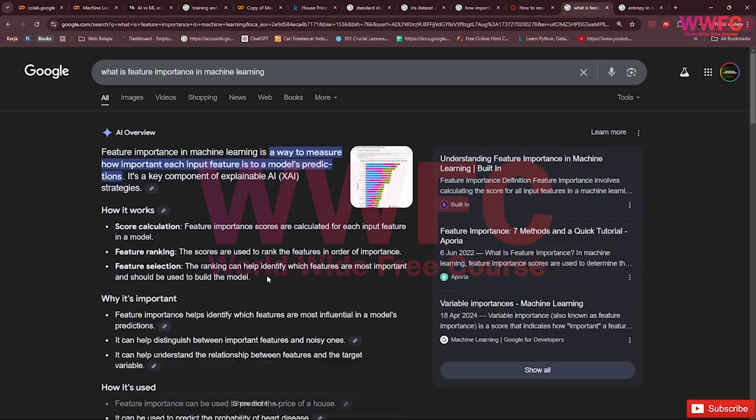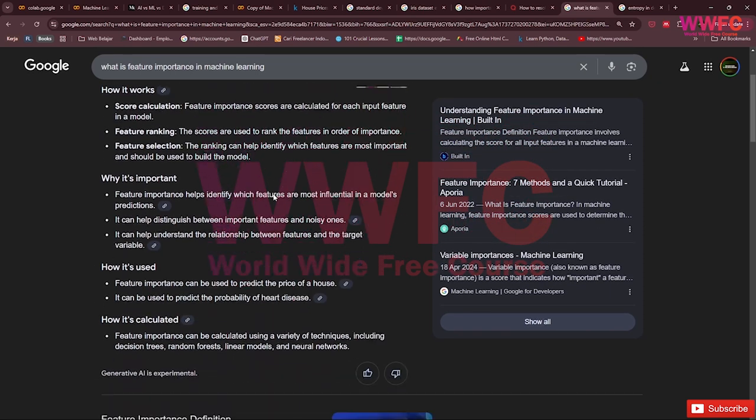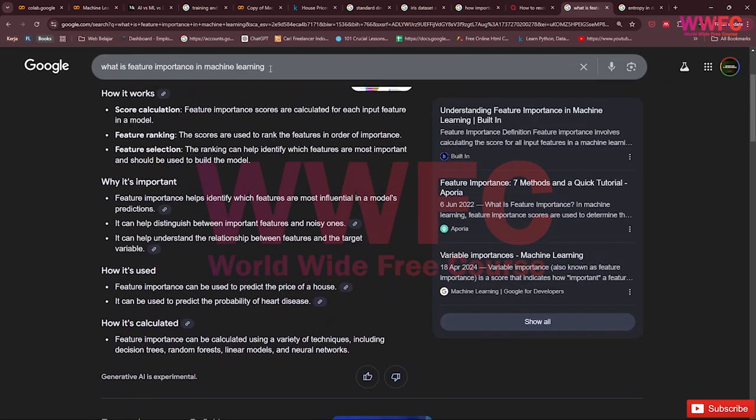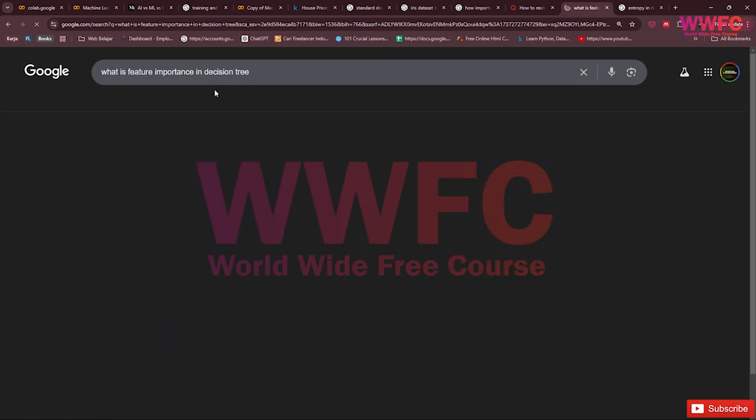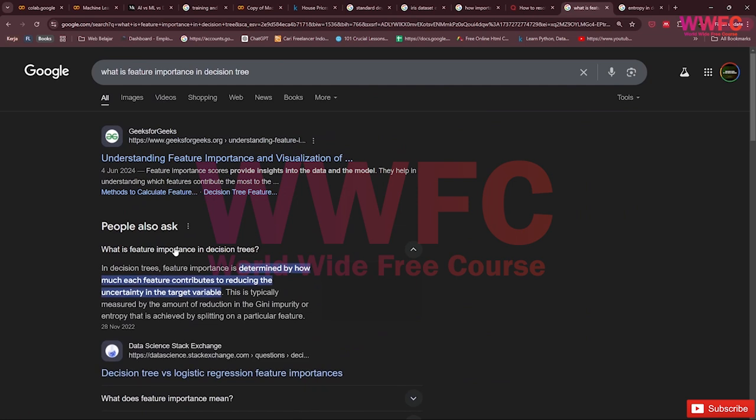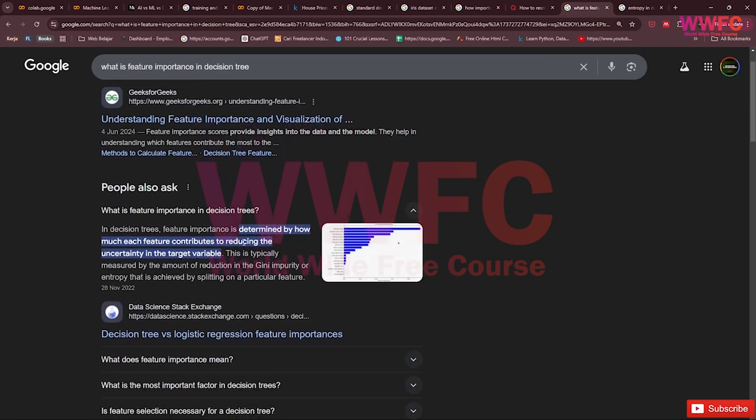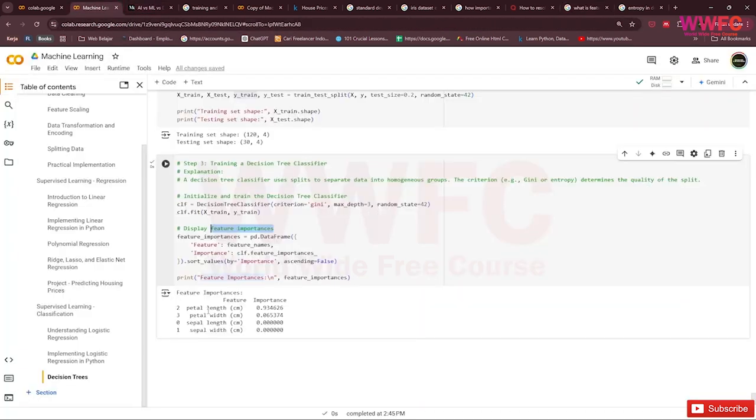It is a way to measure how important each input feature is to the model's predictions, as an explainability strategy. In a decision tree, it is determined by how much a feature contributes to reducing the uncertainty in the target variable. So the importance of petal length is greater than that of sepal length or sepal width, right? Petal length is more important than the other features.